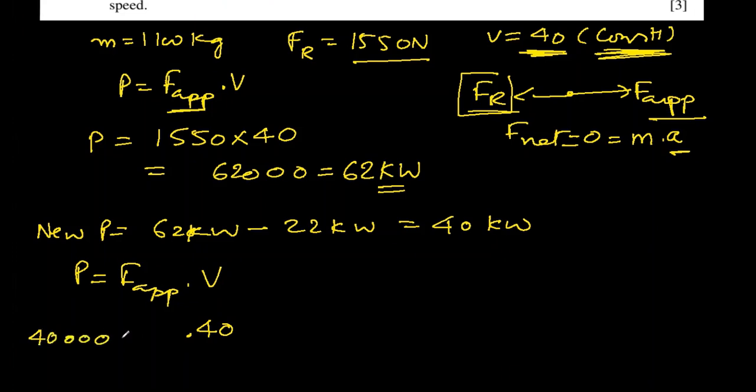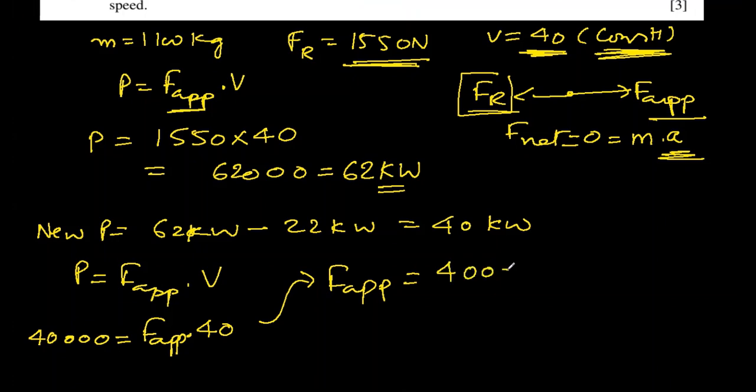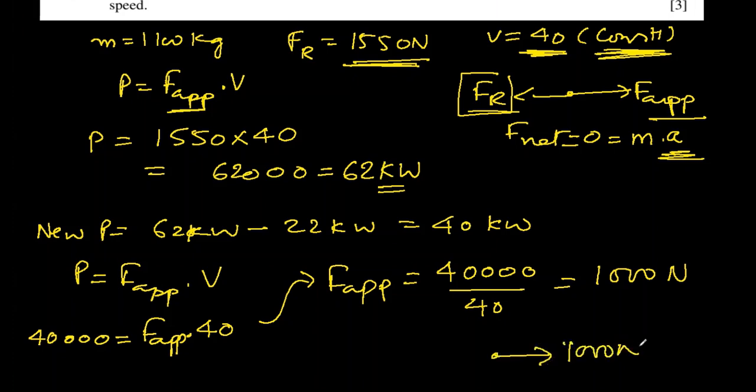So what is the applied force? That's what we have to find. It will not be equal to 1550 anymore because we have an acceleration now. Earlier the acceleration was zero. So applied force will be 40,000 over 40, which comes out to be 1000 newtons. So applied force is 1000 newtons, but resistive force is